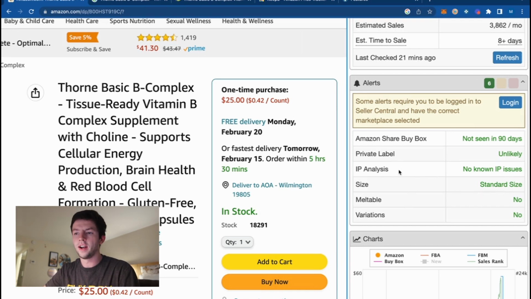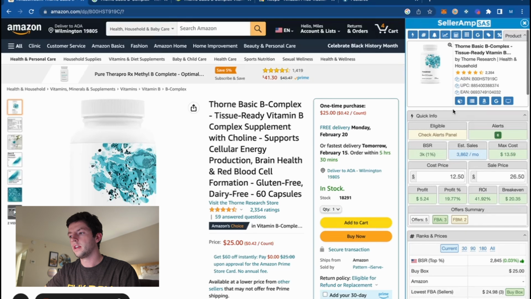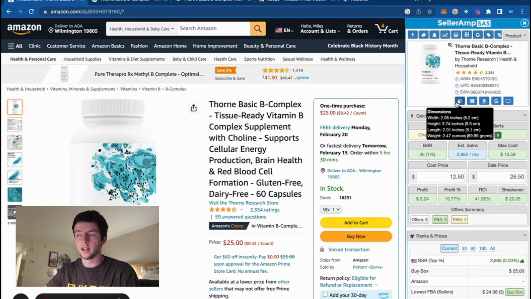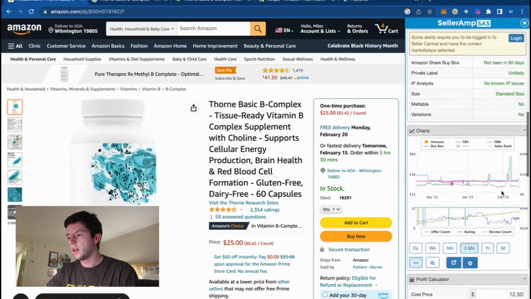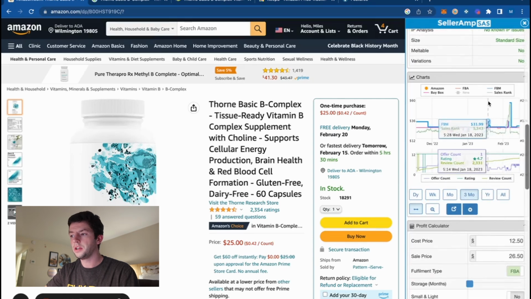I don't like selling big products, like I said. Looking over this, we can see this is a pretty light item, so that's going to be great. Standard size right there as well. Now this is important down here. You can actually go ahead and see the